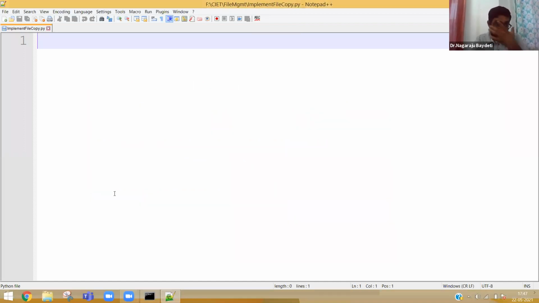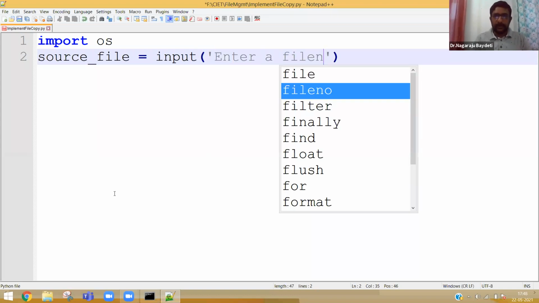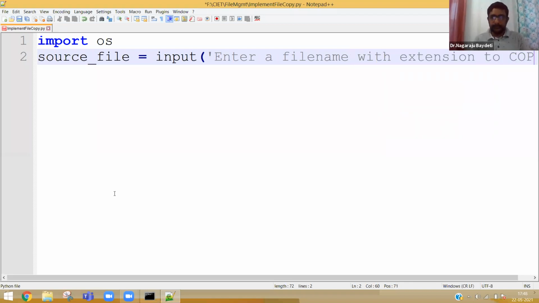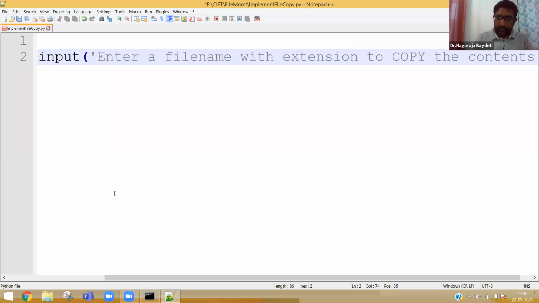So what is the first logic? You need to read the, for example, let me use the module import. Why? Because source file should be available to copy. So to search a file, I am using OS. Okay. Now, source file is equal to, we need to ask the user. Enter a file name with extension to copy. To copy the contents. Correct? Right. Then